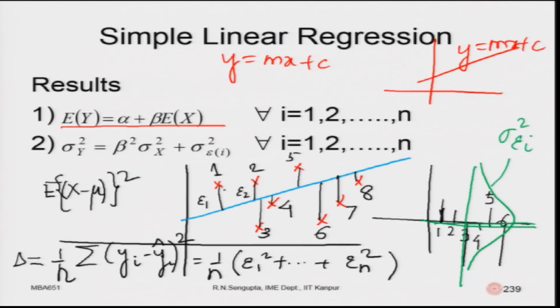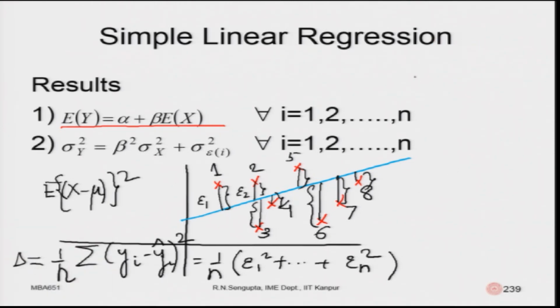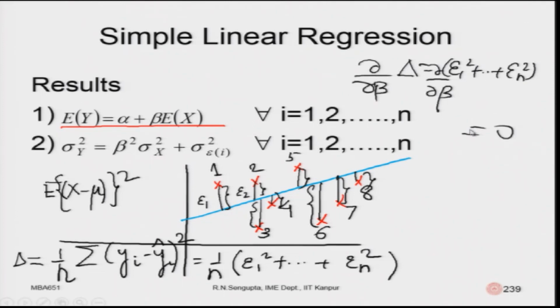Now, what we do is square this distance, square this distance, square this distance, for all of them, add them up and differentiate. This is what you are doing for the differentiation. So, I will remove some portion here. Basically I will have the error, which is the sum of (epsilon 1 plus ... epsilon n) whole square. I will differentiate with respect to beta, if there is only beta, and put it to 0.